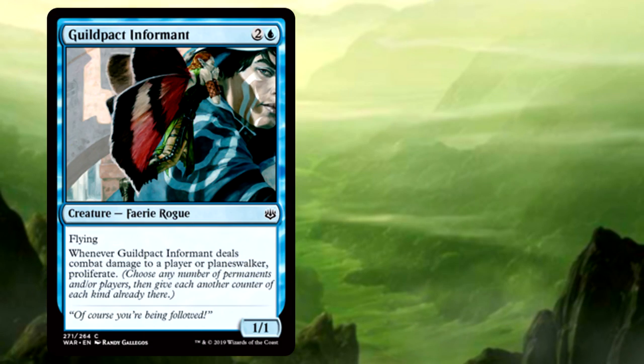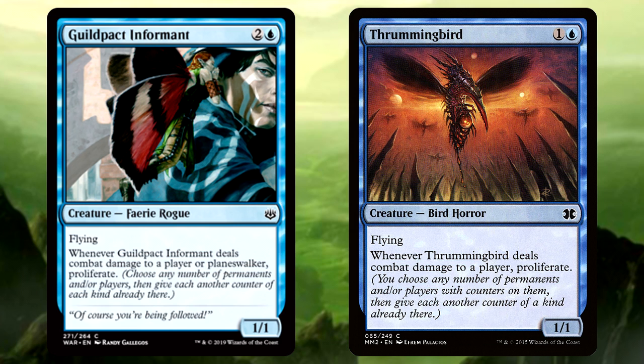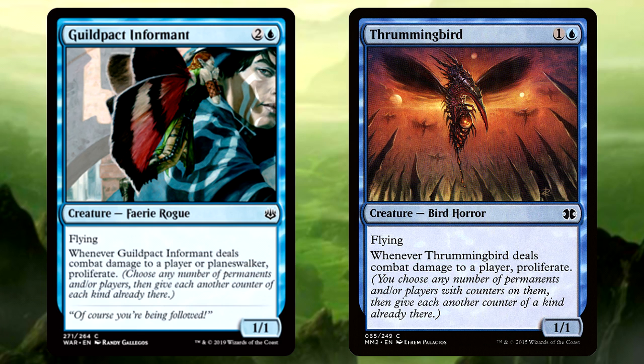Alternatively, Guildpact Informant is simply our second creature that proliferates when it connects. Thrumming-Bird always has the eye of Pauper's Brewers because it allows you to put counters on everything multiple times if you build your deck to protect it. With this proliferating fairy entering your 75, you can be less worried about Thrumming-Bird surviving and include more proliferate payoffs in your deck to make sure you're always doing something explosive. And that's it. Almost all of the cards from War of the Spark that have me excited to start brewing